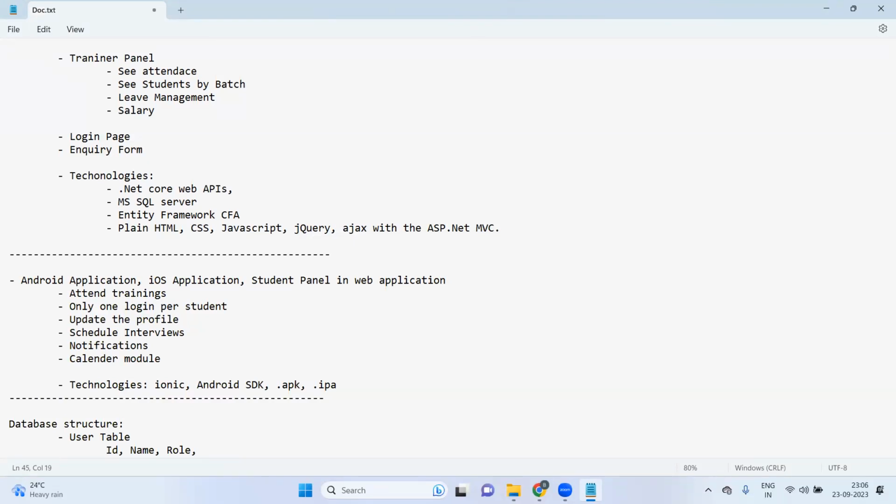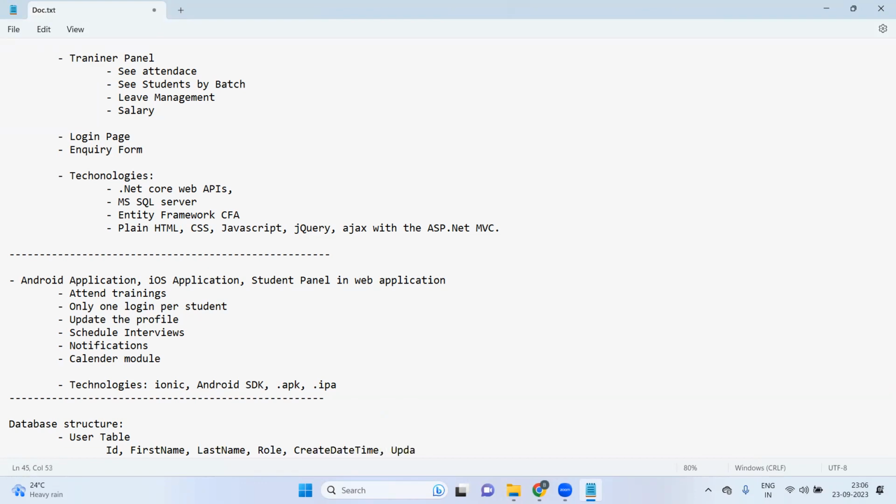So name can be full name, or let's do first name, last name like that. First name, last name, his role, then user can have create timestamp, create date time,